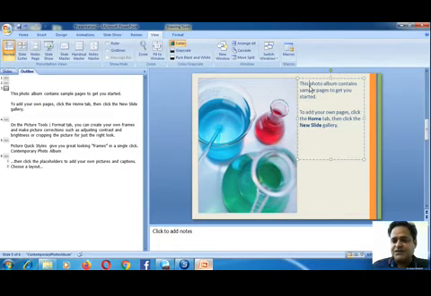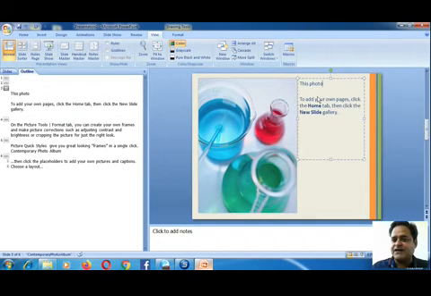What we have to do is just click on this placeholder. Now you can see the text box has been highlighted and the cursor is blinking. Whenever our cursor blinks, that means we can edit or type there. So in order to edit it, we can just delete whatever text is there and write our own text here.